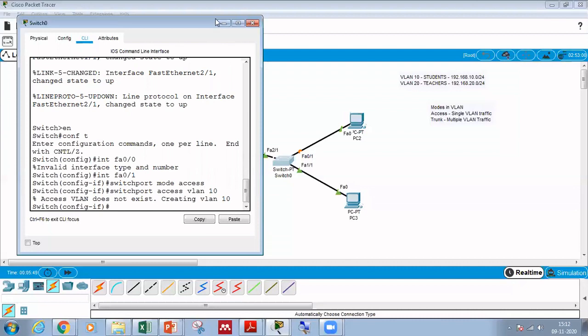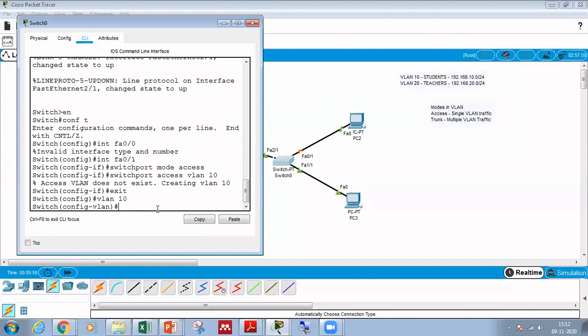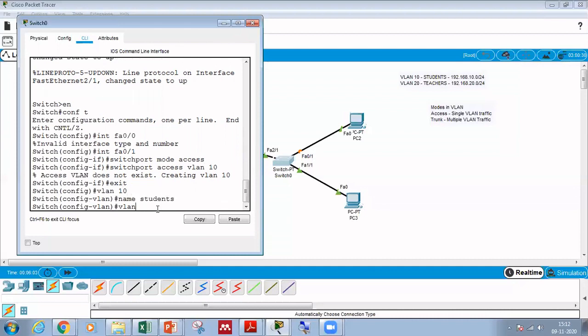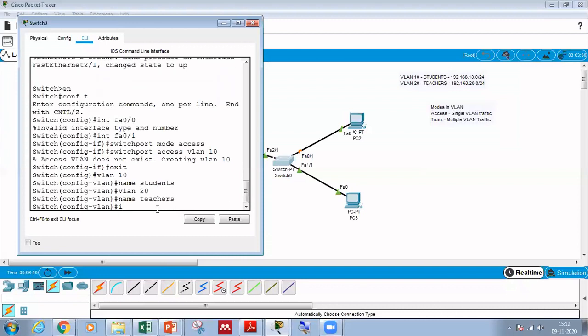Before accessing the VLAN, we are supposed to create the VLAN. So I give VLAN 10, name students. Similarly, I create VLAN 20, name teachers. Now it will work on the interfaces.